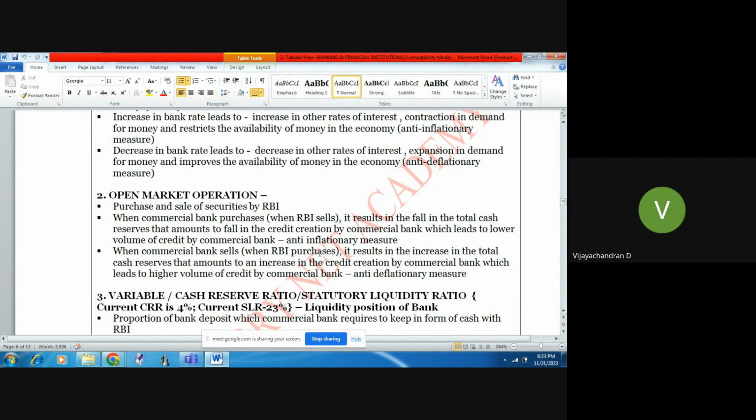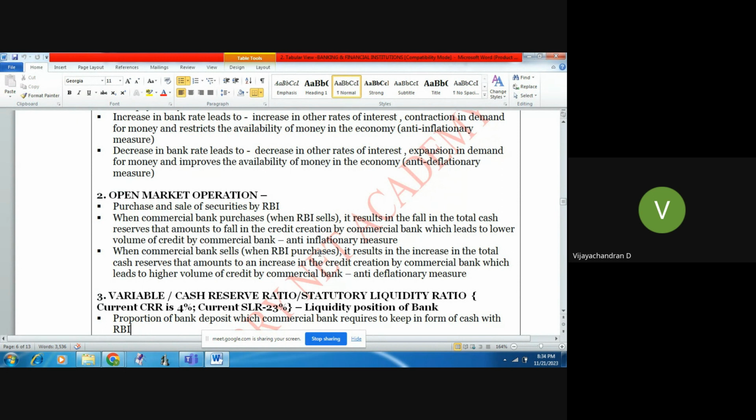Buy during deflation, and sell during inflation. So selling of securities during inflation. By the way, they will control the inflationary and deflationary levels. As I told you, during inflation, they will fix the interest at a higher rate. During deflation, even you can see during the COVID period,